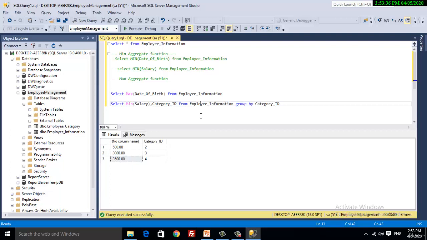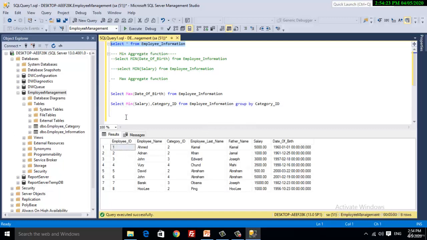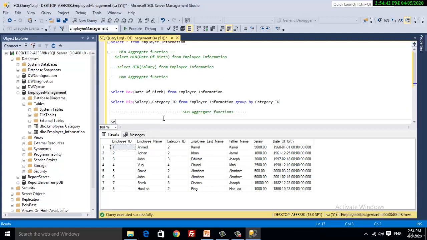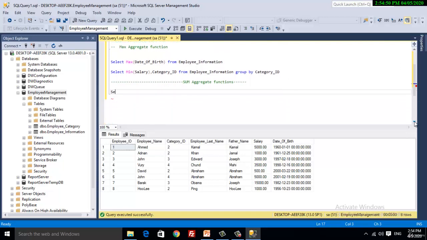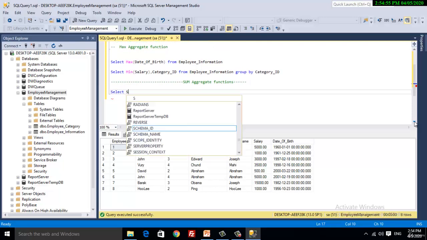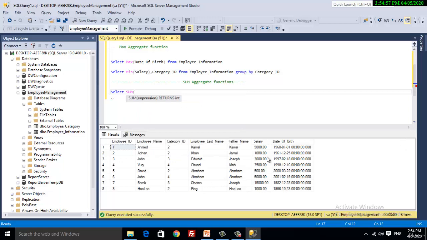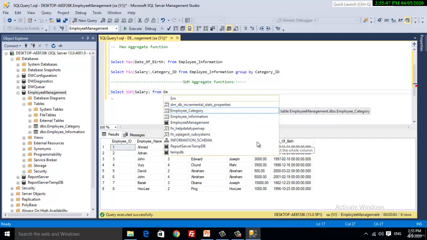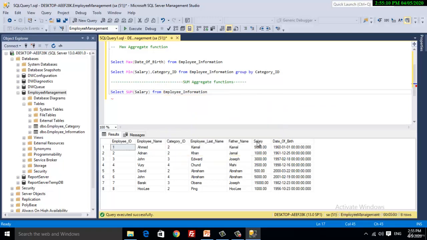The next aggregate function that we are going to learn is sum. Here is the syntax. Select sum, again column salary, from employee information.